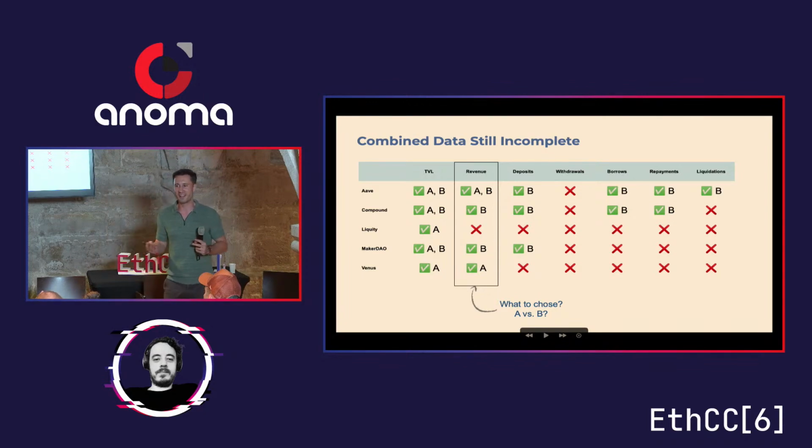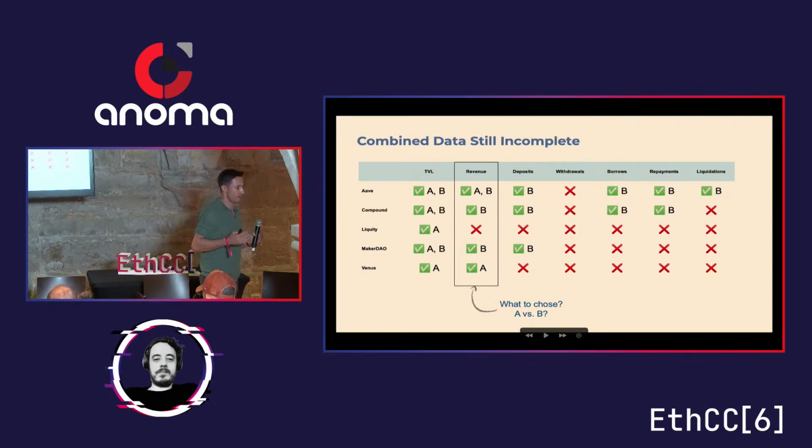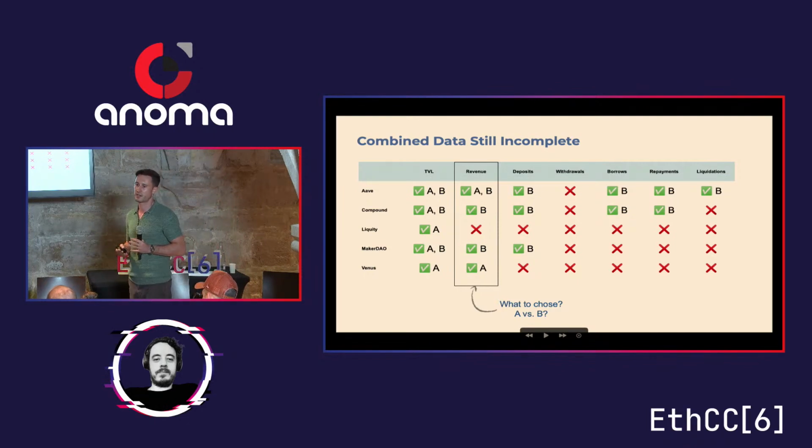And Jimmy is telling me, well, actually, the problem that I'm having is I don't know whether I should choose data source A or I should choose data source B. And the problem here is the values are very different from each other, and there is also no given methodology in what way these data sources are actually being computed. So there isn't something that one can track over time